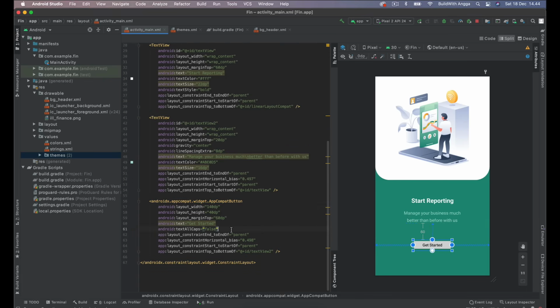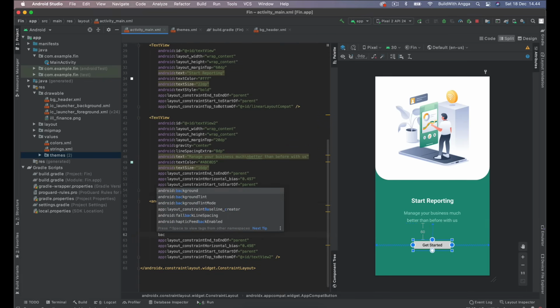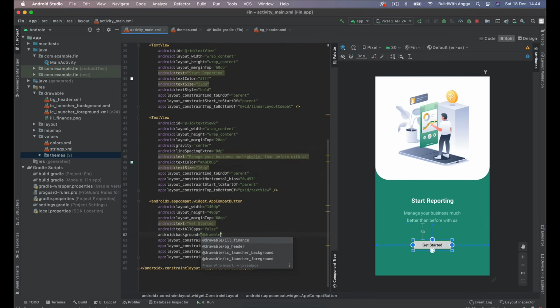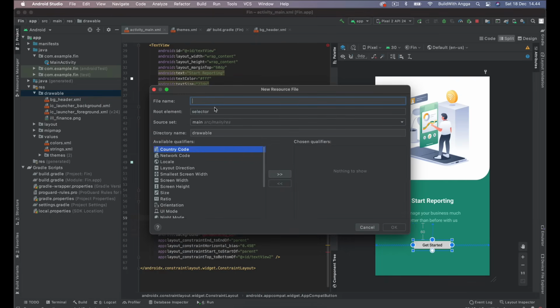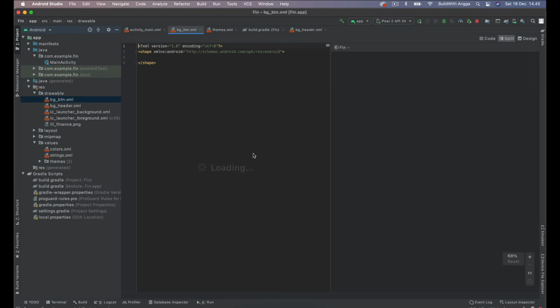And remember that we need to set the background with the custom background drawable, and then background button. So we don't have this, so we just need to create it. Okay, going to this drawable and then background button and change to the shape like this.